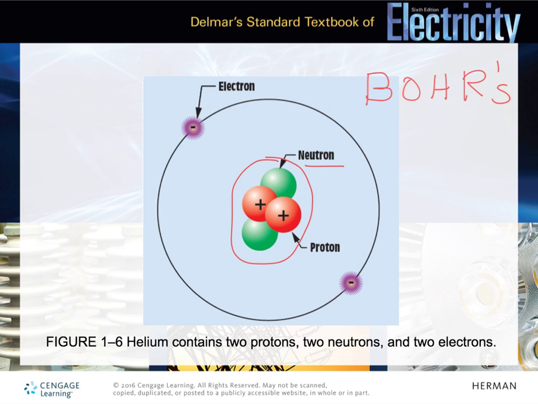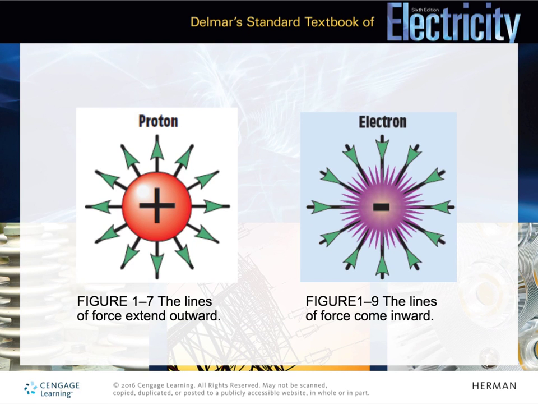Out in the orbital shells, we have the electrons. Electrons are negatively charged. So here's an example of an electron in orbit with another electron in orbit over here. There's only one orbital shell. It is the most outer orbital shell, so it's the valence ring, and we know that there are two electrons that exist within this ring. So this is Bohr's model. This is the model that we're going to use to identify the different parts of the atom and where they are located. So in the diagrams that we see